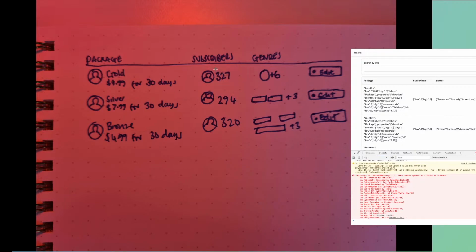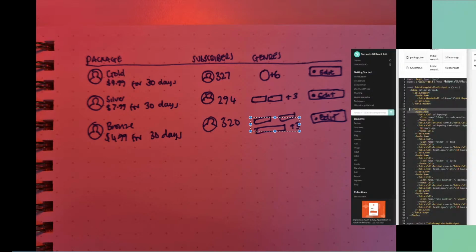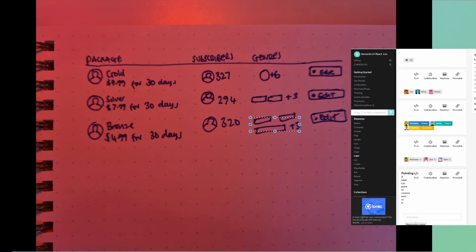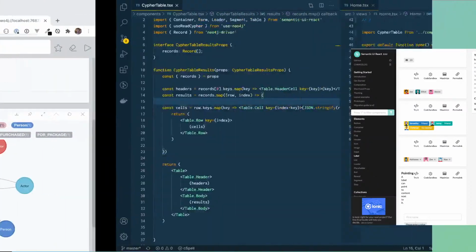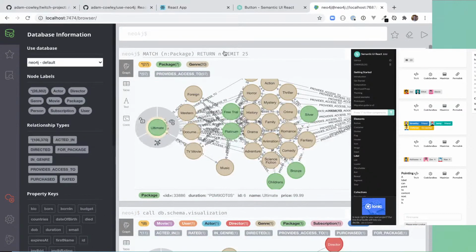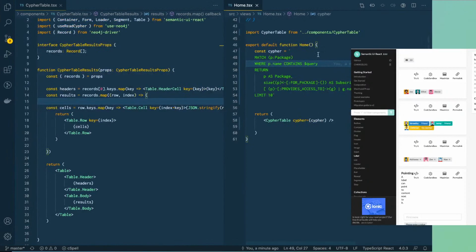For this one, I guess we could call it like a count. So we could supply the count, and then we could supply an icon as well. Genres, I guess this would be like labels, so we can use a label. So kind of look a little bit like this. And then I guess for this, it could be a button or it could be an action as well. So if we take a look at the code,